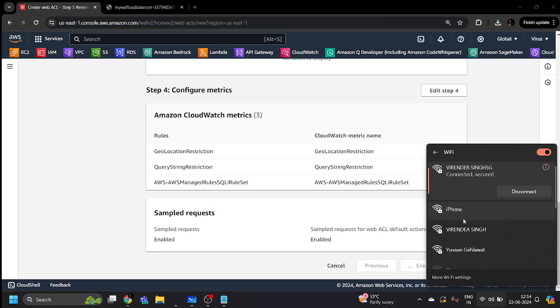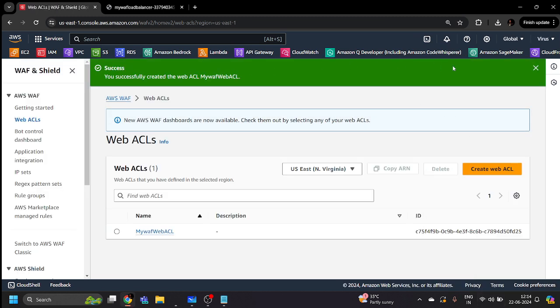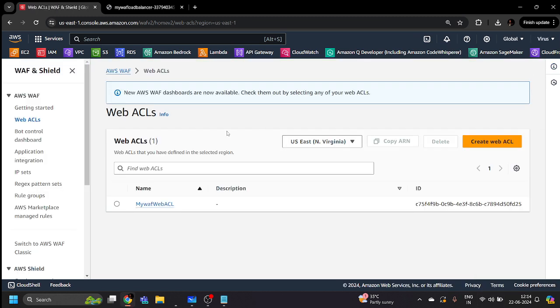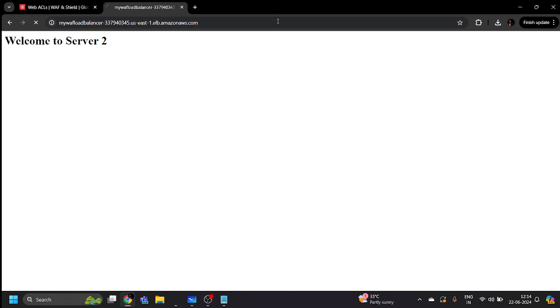I think internet has been restored. Okay, now we are connected and the web application firewall is also created. This is my WAF web ACL, you can see over here. Let's again go to the DNS value of your load balancer, remove this from here and hit enter. So it is giving the response, welcome to the web server 2, welcome to the web server 1,